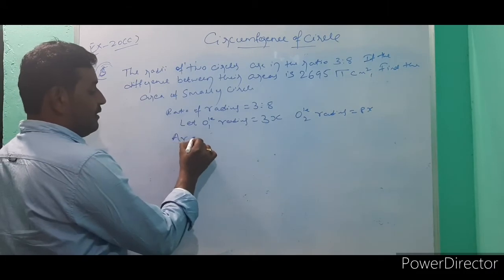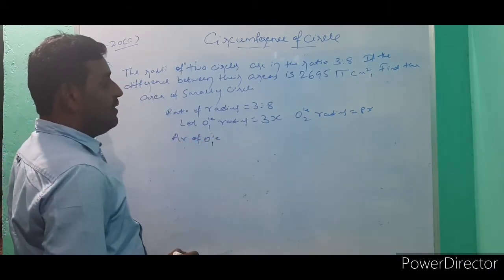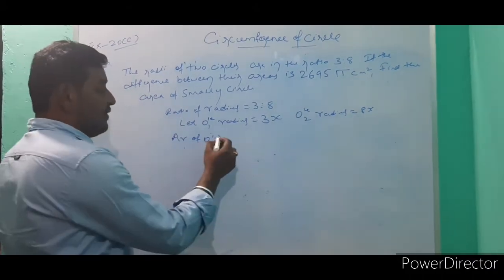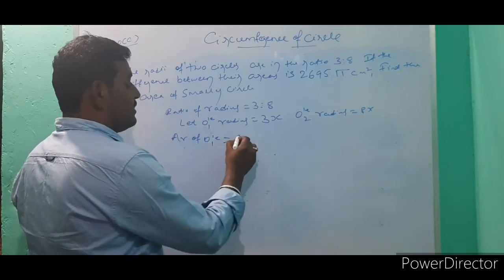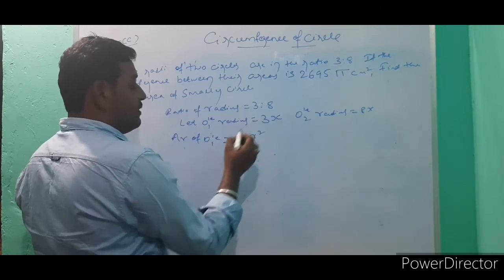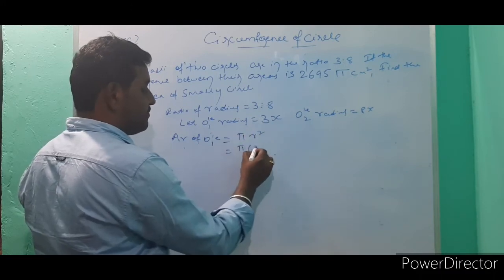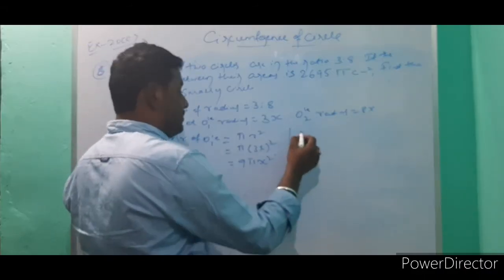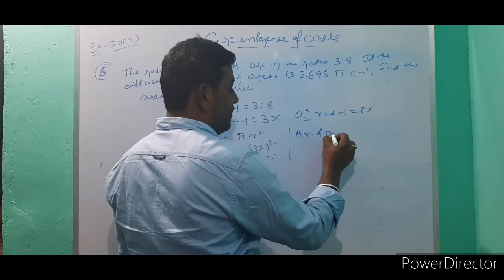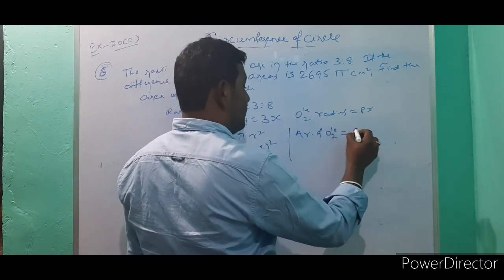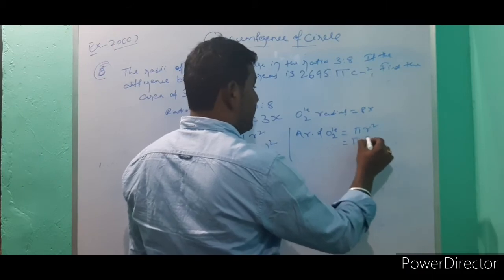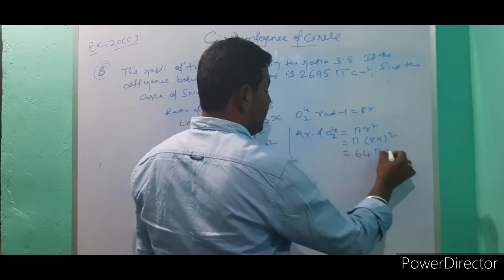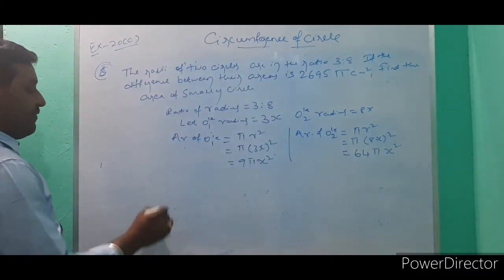Find the area of circle 1, because they have given the difference between their areas. That's why you have to find the areas of circle 1. That is pi r square. So 3x square means 9 pi x square. Like this you can find the area of circle 2. Pi r square is equal to pi into 8x whole square, which means 64 pi x square. So you can find now the difference